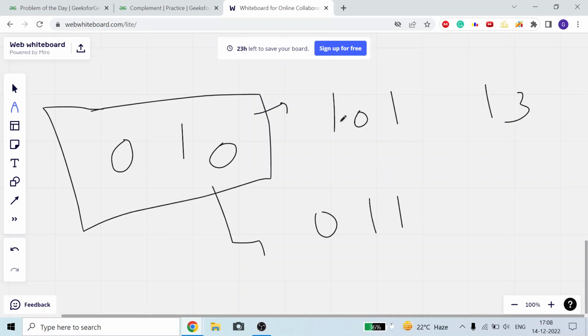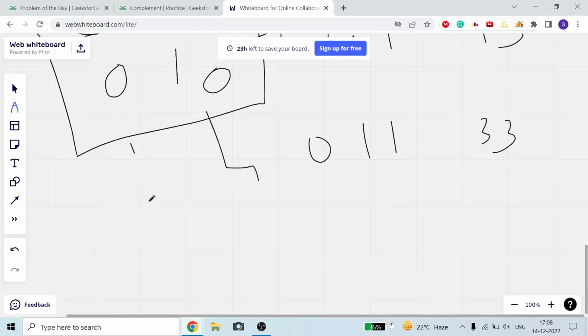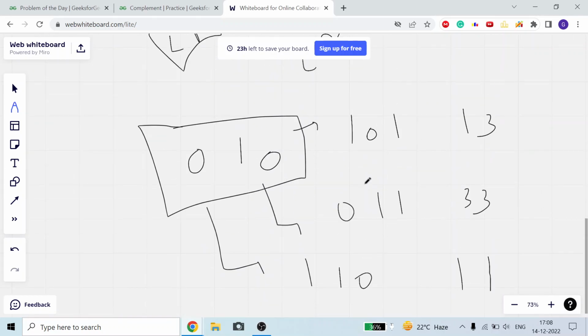We just need the count of ones, not their order. Here it is like 3 to 3, where we can perform the operation only on the first 0. It will be like 1 1 0 and L and R will be 1 1. So in all three cases you can see the count of 1 is equal to 2, but the L and R pairs are different, so we will choose this one because it is lexicographically smallest.